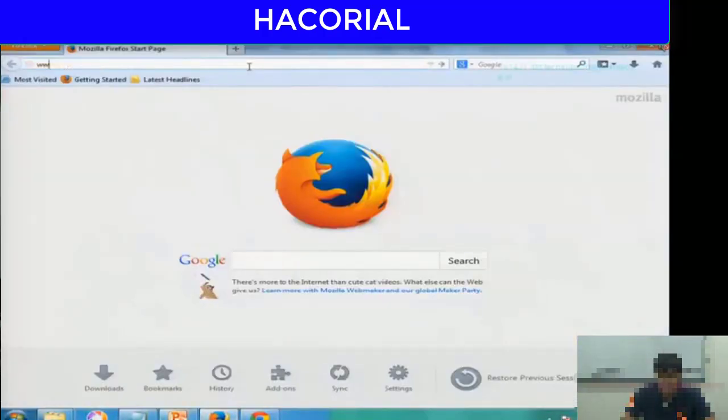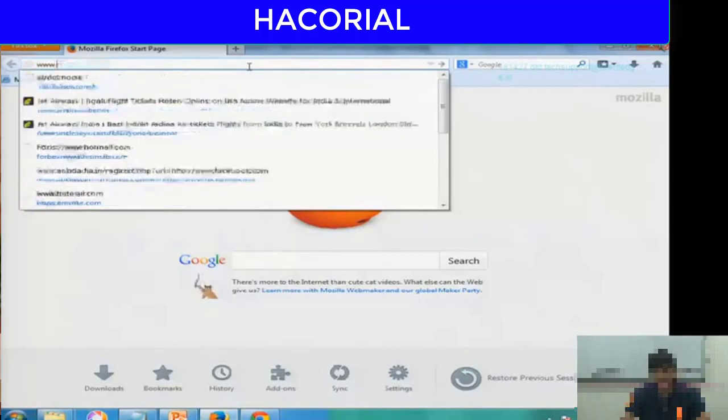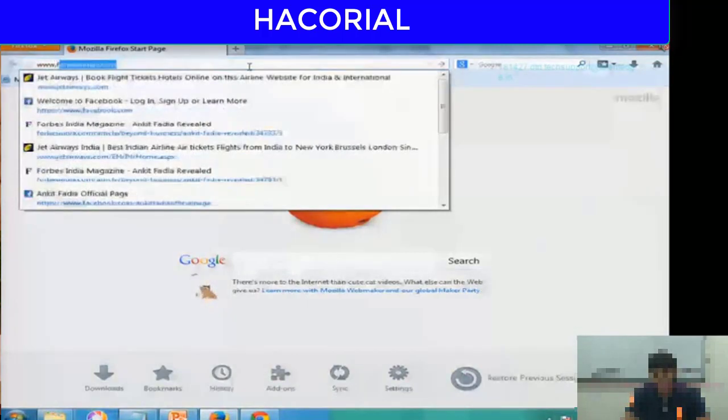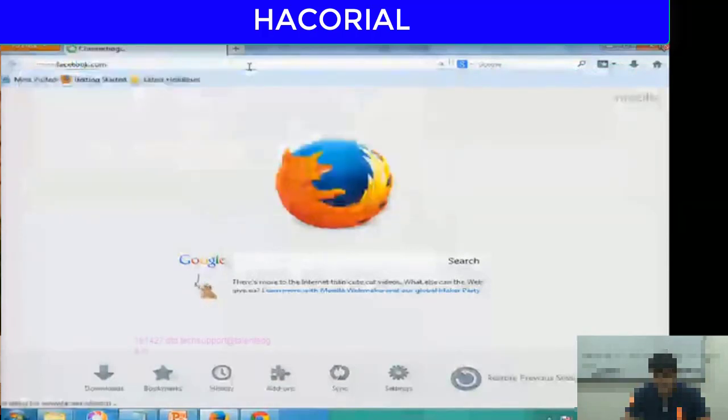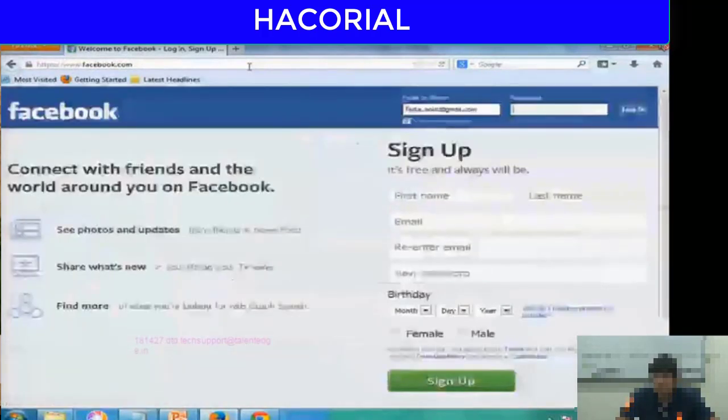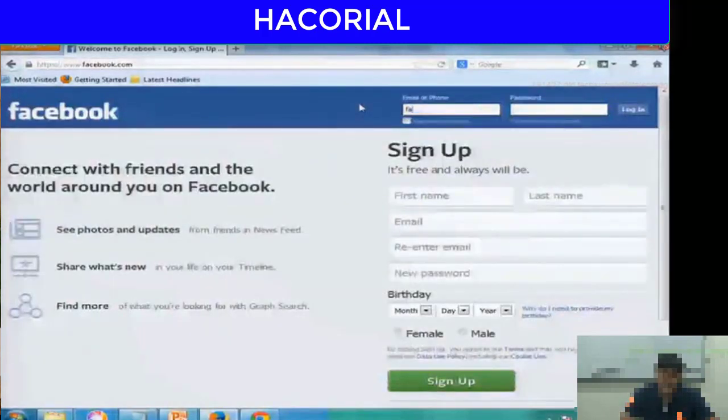For this demonstration, I'm going to open up Mozilla Firefox and let me go to, say, facebook.com. This is the login screen. I type my username. Then I'm going to type my password. What should my